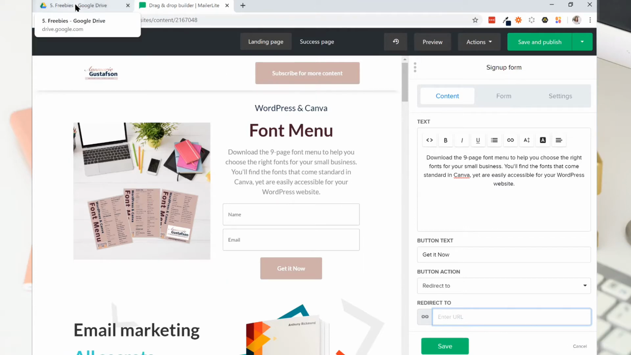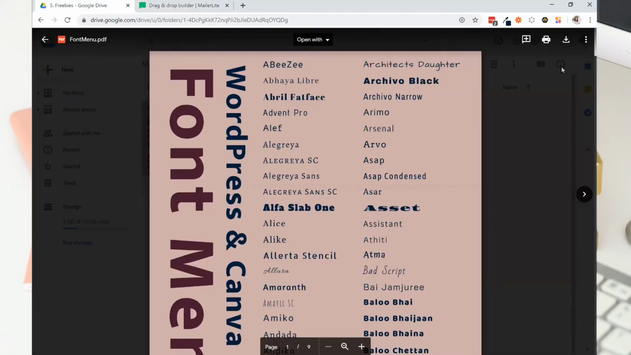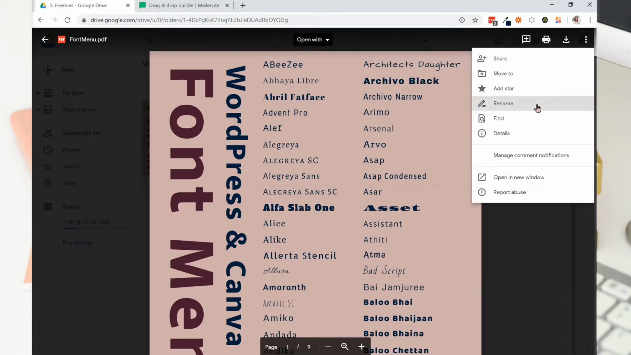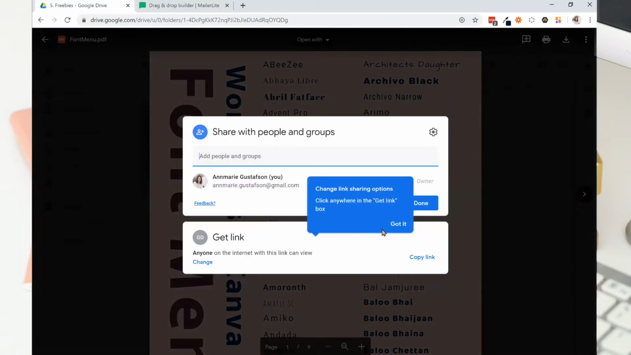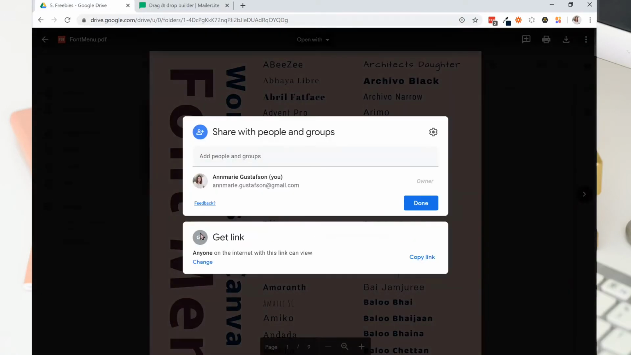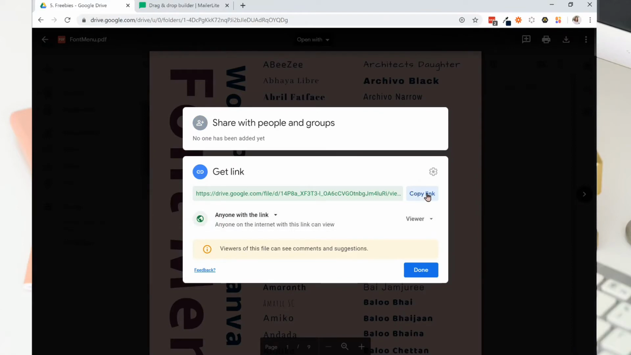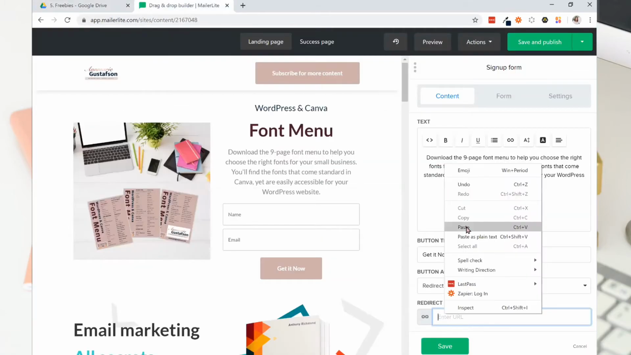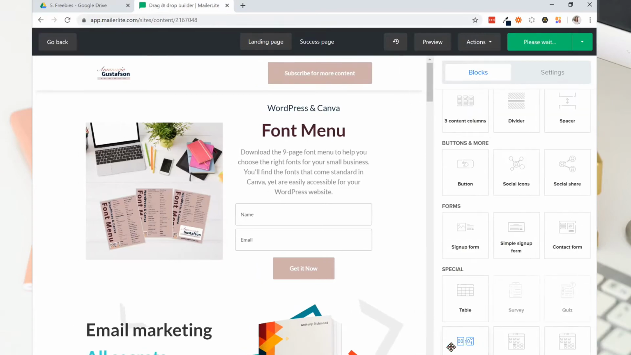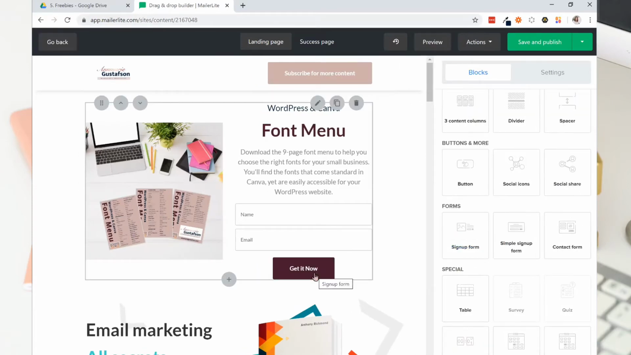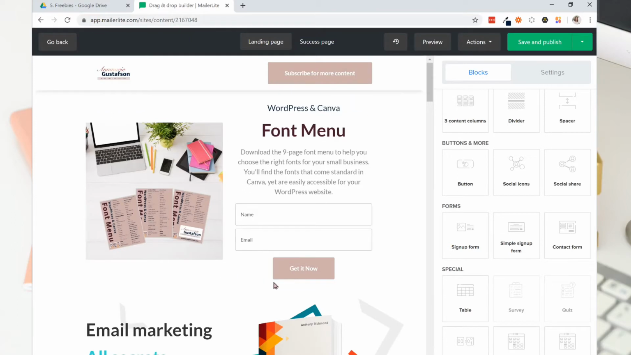So if I go over to my Google Drive and get my PDF, this is the PDF I'm going to give them. I'm going to go up to the top right corner of more actions and I'm going to click share. And I'm going to actually click to get a link. I'm going to copy the link. And I'm going to paste it in here. And so when they click it, they're subscribing to my email list and they're going to be redirected